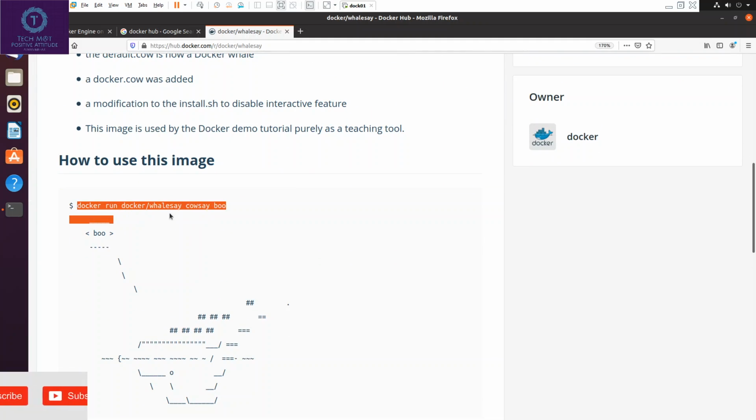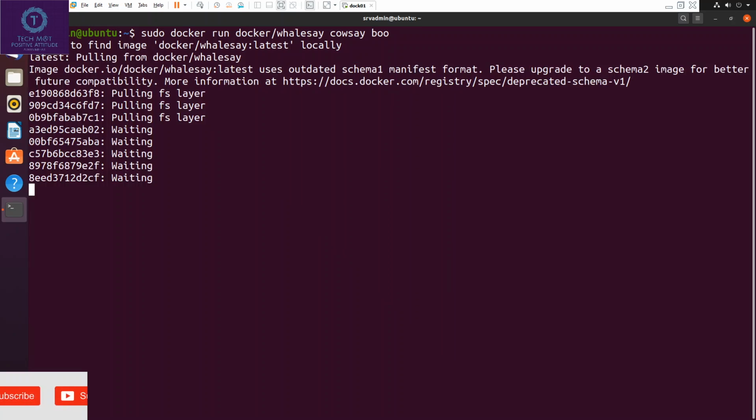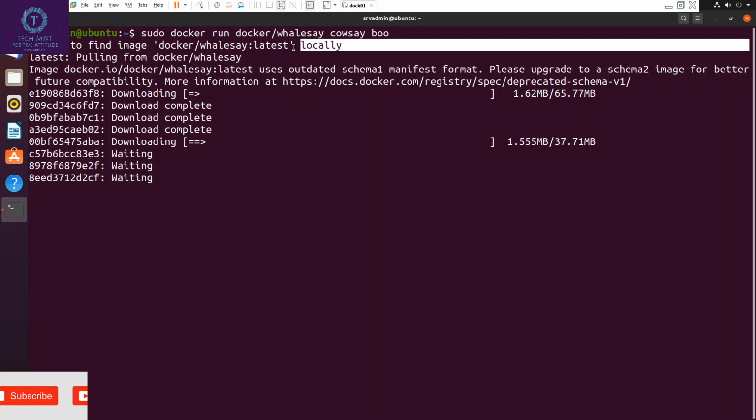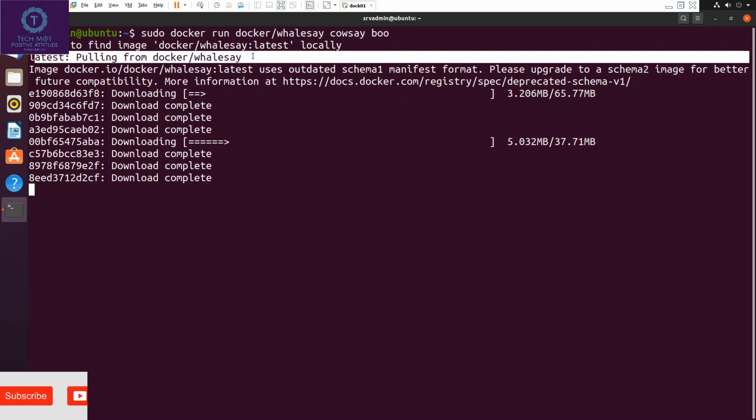To run this, we will copy the command, paste. First, what it will do, it will check the image. If it's found in the local system, it will pull from there. If it doesn't find, then it will find the path where it is.